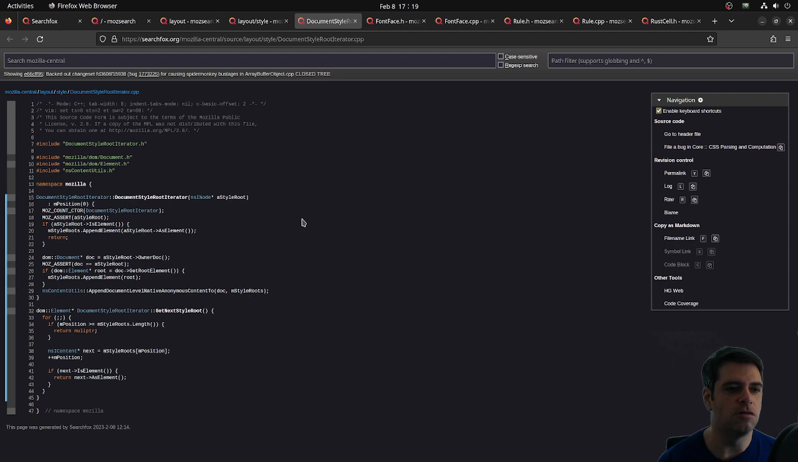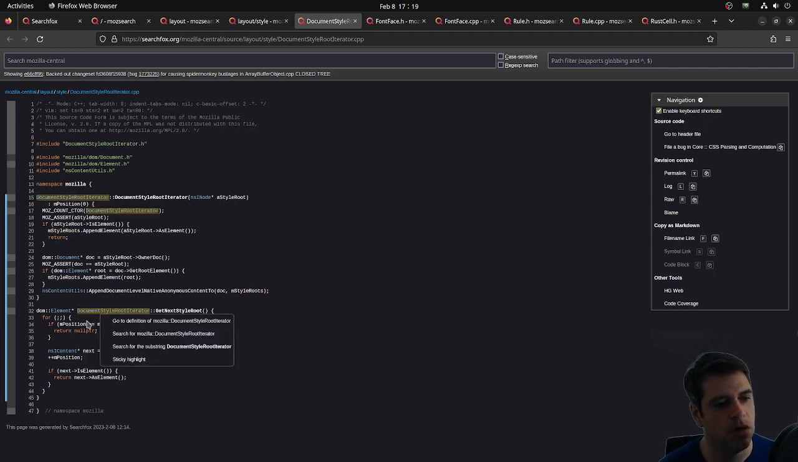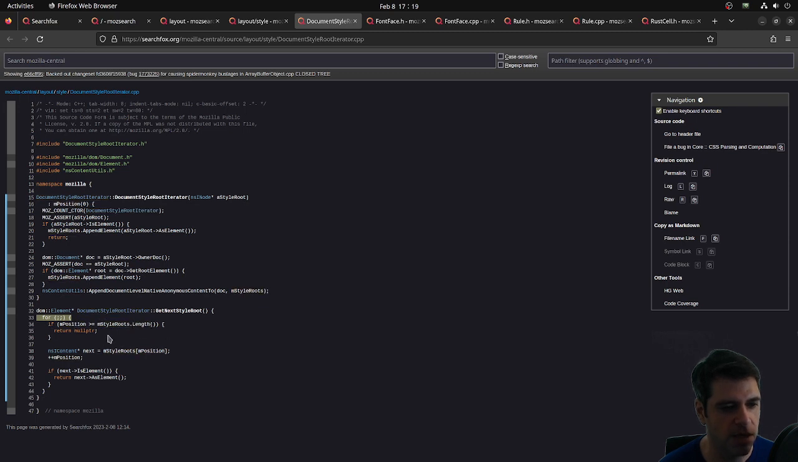What is this? Document style root iterator. It's got a pointer to a node, which is the root, a style root. And it's got get next style root. And we have this for(;;), which I think has an empty condition, right? So this is just a forever loop. If position is bigger than or equal to style roots length, we return a null pointer. Okay. Sometimes you've got to return a null pointer. It's not the safest thing in the world, I feel, but otherwise,